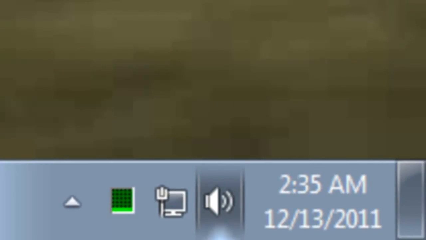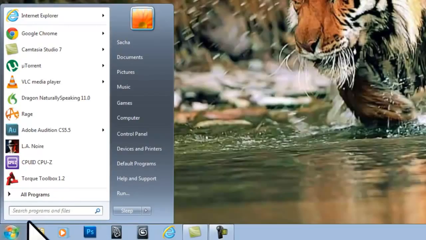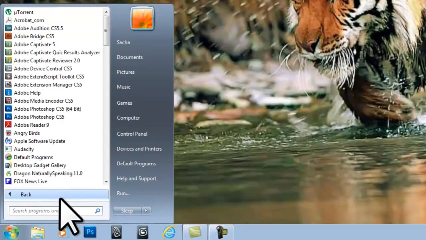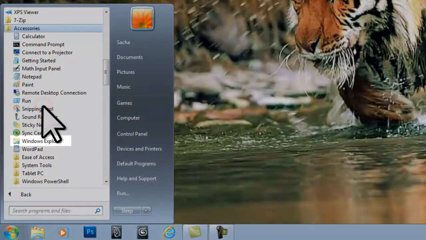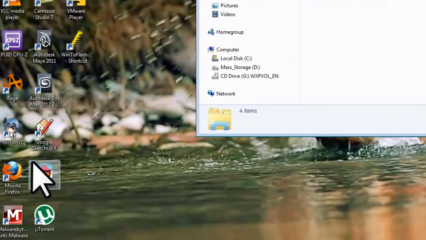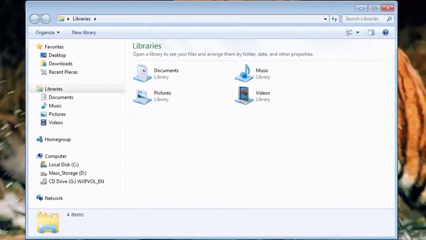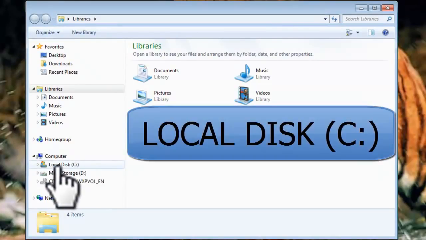Now we have the CPU usage monitor in the system tray, but who wants to go through this each time they reboot their computer? Click on the Windows Start button, All Programs, Accessories, and then Windows Explorer. The Windows Explorer window will open. Navigate to Computer, Local Disk C,